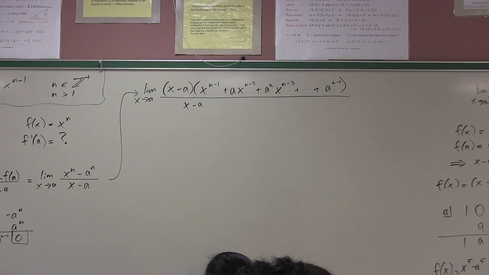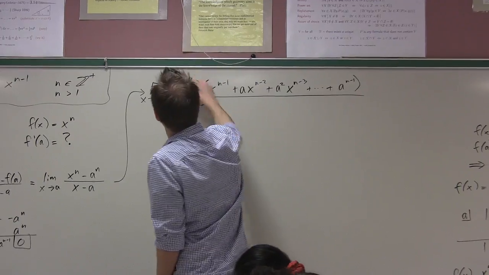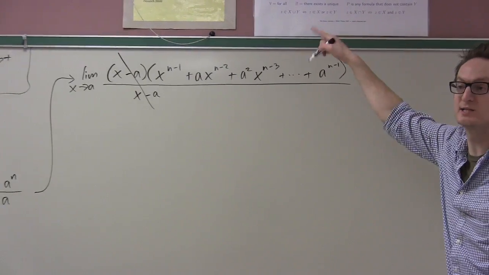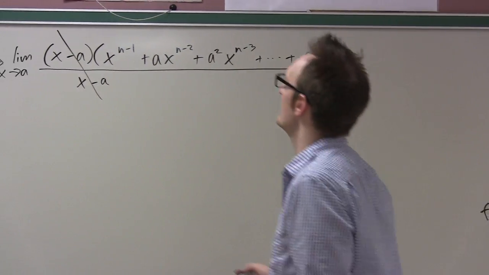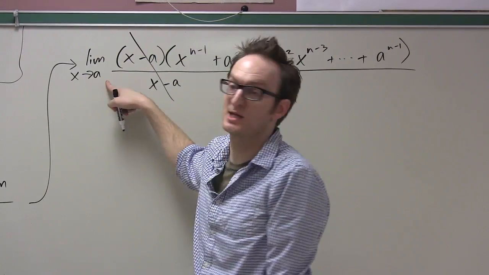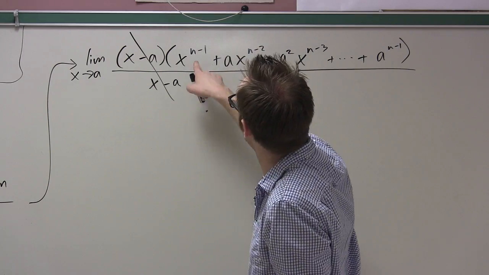So, good. Okay, so then we can cancel, right? And now I no longer have a 0 over 0 situation. Everybody with me? Yeah. So let's plug it in then. I can just sub in the a directly. If I sub in the a directly, I get